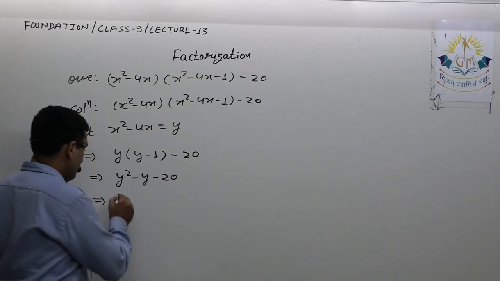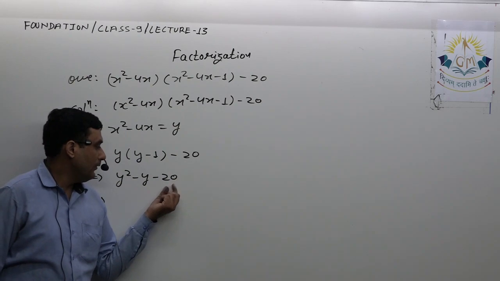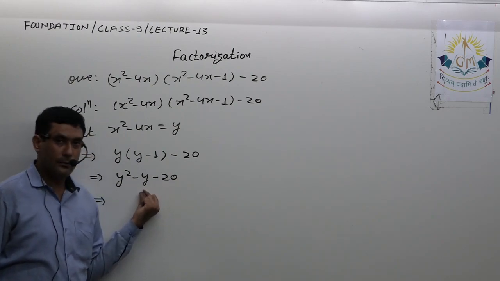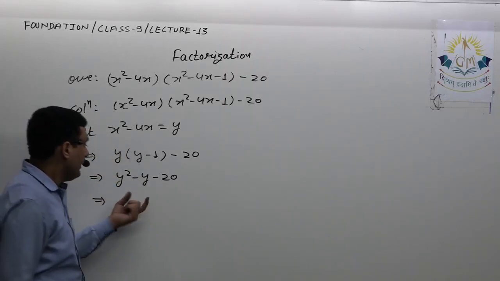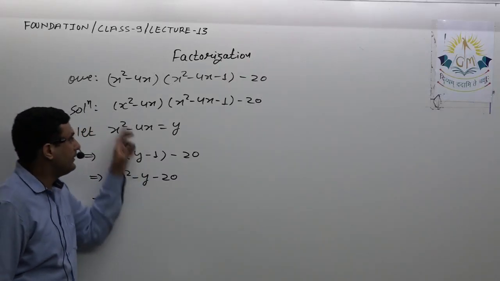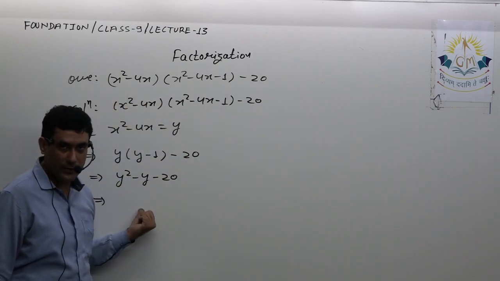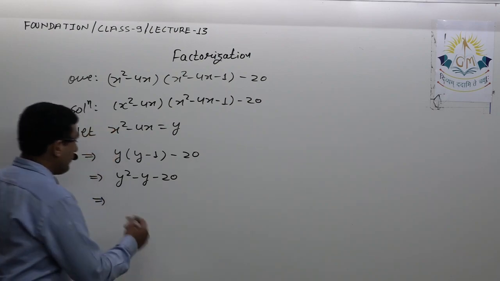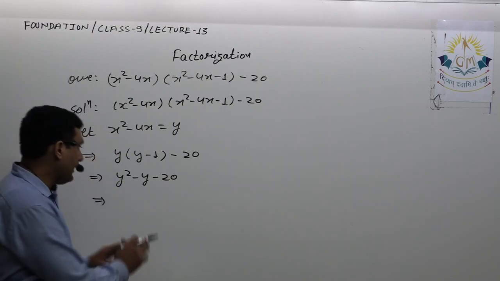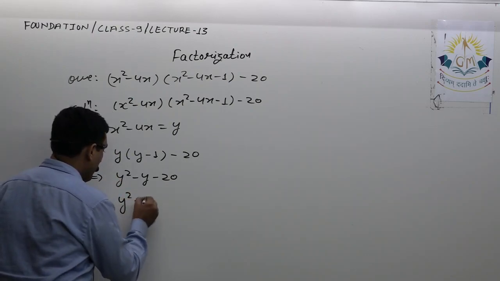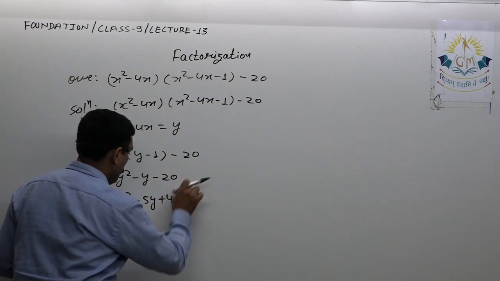So if you want to see, I know the factors here, I got it. If I find the factors of this to split this term, it is easy to get. But still, if you are getting confused whether it is possible to factorize it, see, if it is not possible to factorize it further, that means questions remain as it is. So that gives one idea, then definitely it is possible to factorize this over here at least. It is quite possible that after we put the value of y, it won't get factorized, but here it should be factorized. So y square minus 5y plus 4y minus 20.